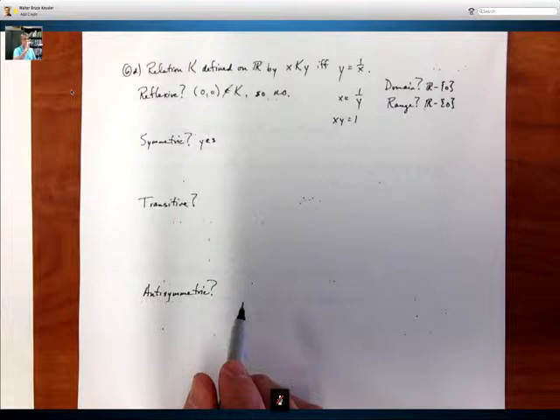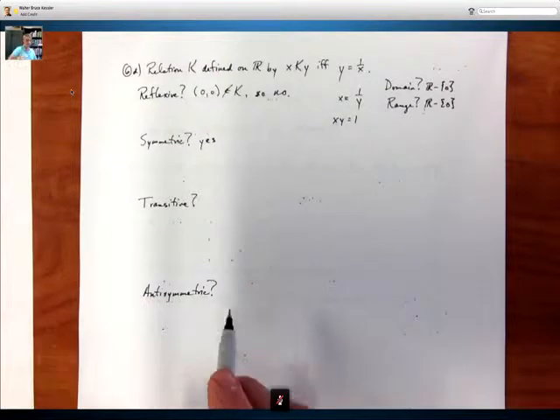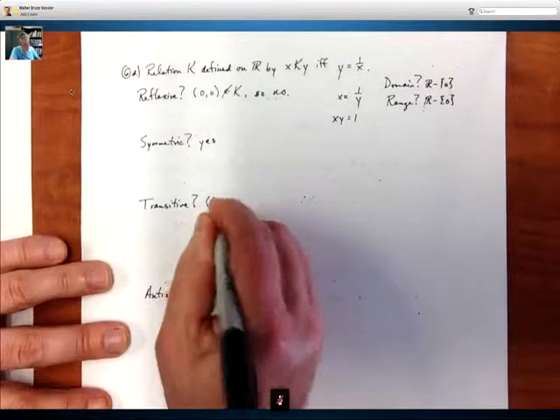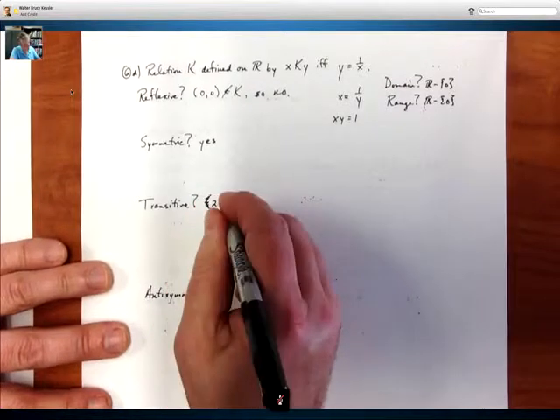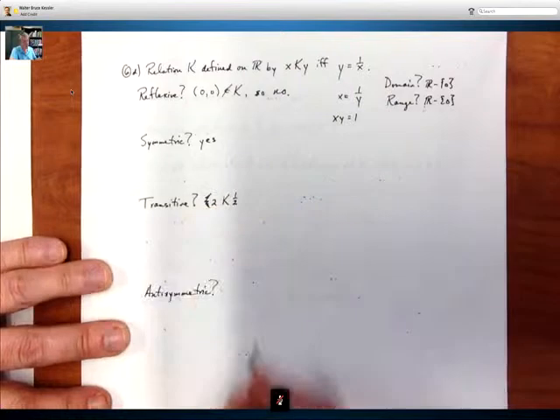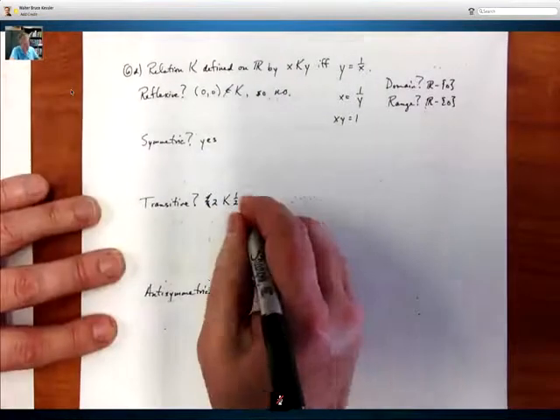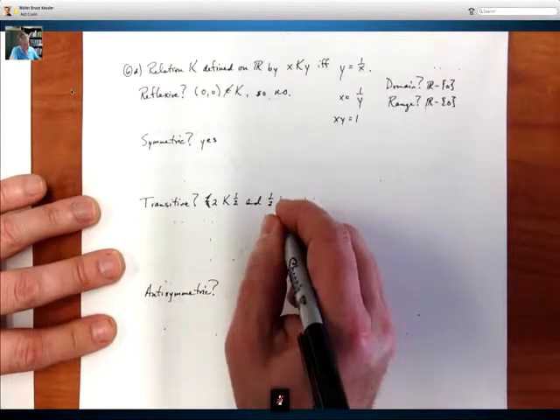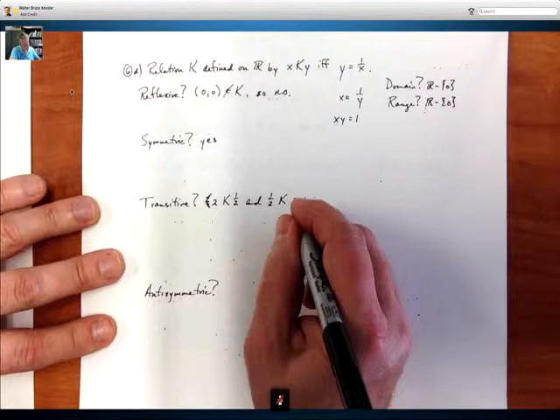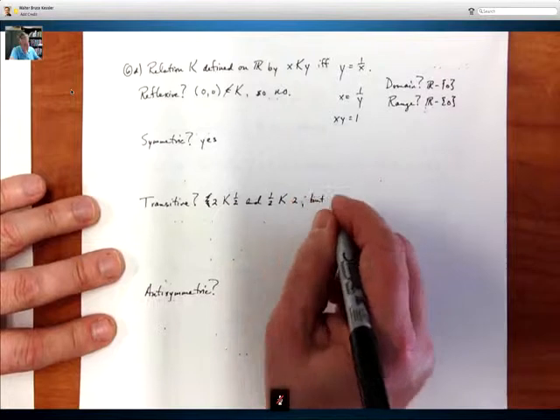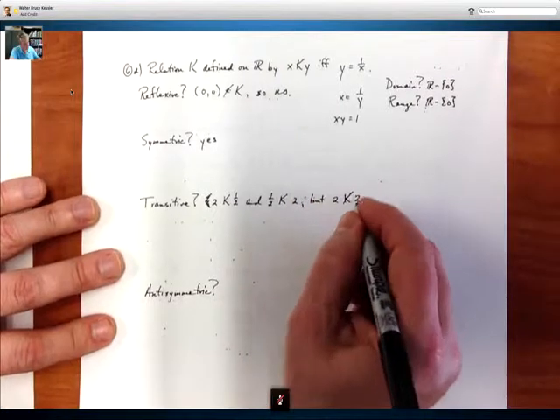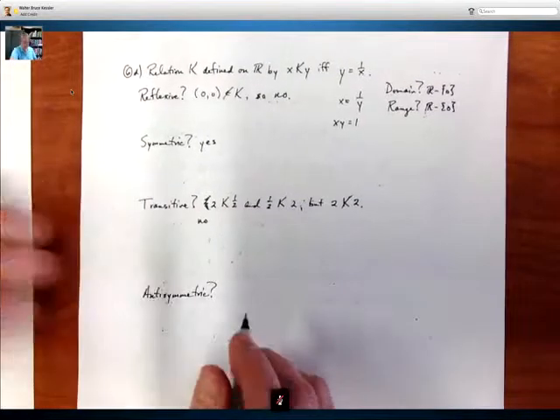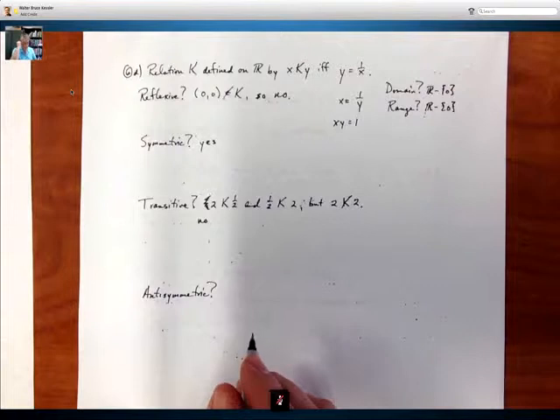This is kind of like a flip back and forth, right, between a number and its reciprocal. So there's tons of examples, but we could say 2 is related to 1/2, because their product is 1. And 1/2 is related to 2, but 2 is not the reciprocal of 2. Right? So, no. And then antisymmetric,